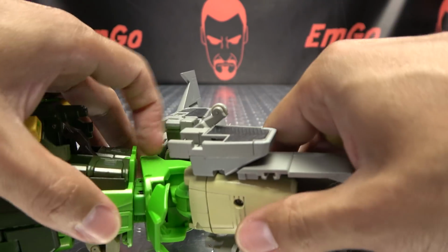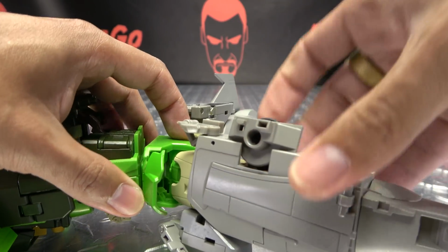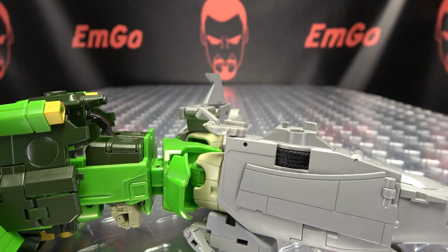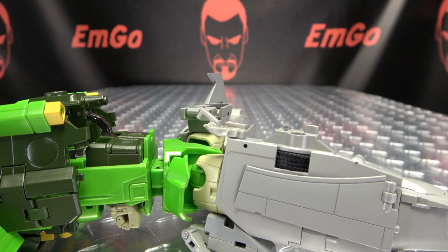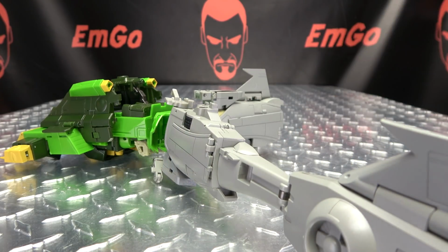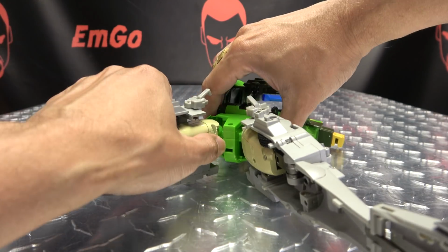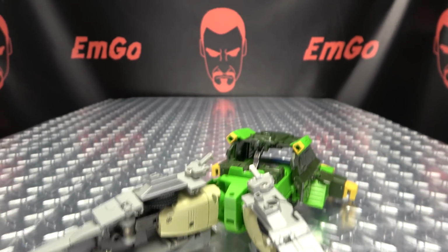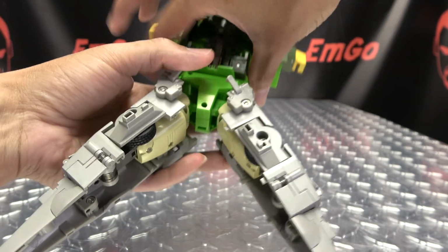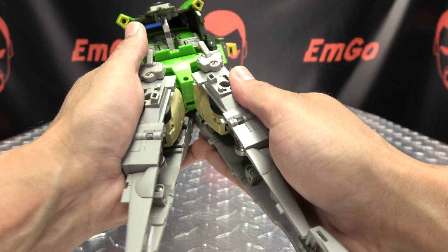And once you've done that, you just take the whole leg and you rotate it 180. You flip that wheel in. You want to take this little hook in here, flip this up, and there you go. You are all done with that side, and second verse is just like the first. And once you have both sides done, there's one more little step we have to do here. You want to take the thigh and you want to shift it in like so. So bring that in, shift that in, and once you've done that, now we can take the two halves and bring them together